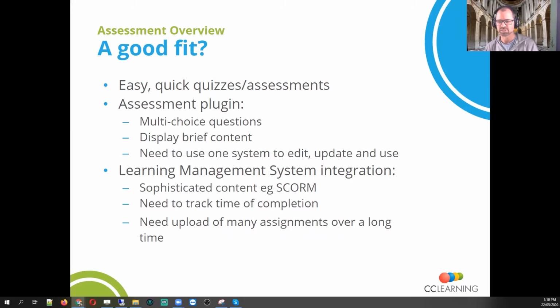Now, learning management system integration, however, is for more sophisticated content, for something like SCORM. If you don't know what SCORM is, SCORM is basically a standard that allows learning content to be distributed with a pre-configured set of functionality and workings. If you need to track time of completion, for example, where students have to do particular work for a certain period of time, like half an hour or 45 minutes, then a learning management system is a better way to go. Also, if you need to upload any assignments,